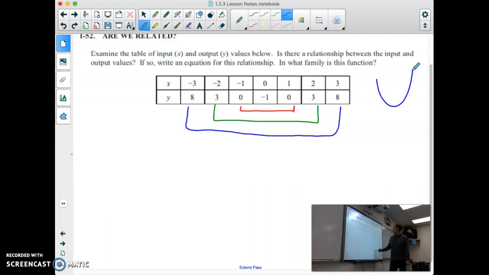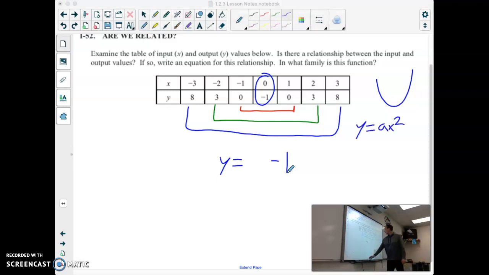So if we take a look here, when we plug in x is equal to 0 for our input, our y is -1. So that tells me that our y is equal to something -1. So now let's take a look at the other parts of our function here. So if we were to plug in 2, for example, so plug in 2, right? So when we plug in 2,